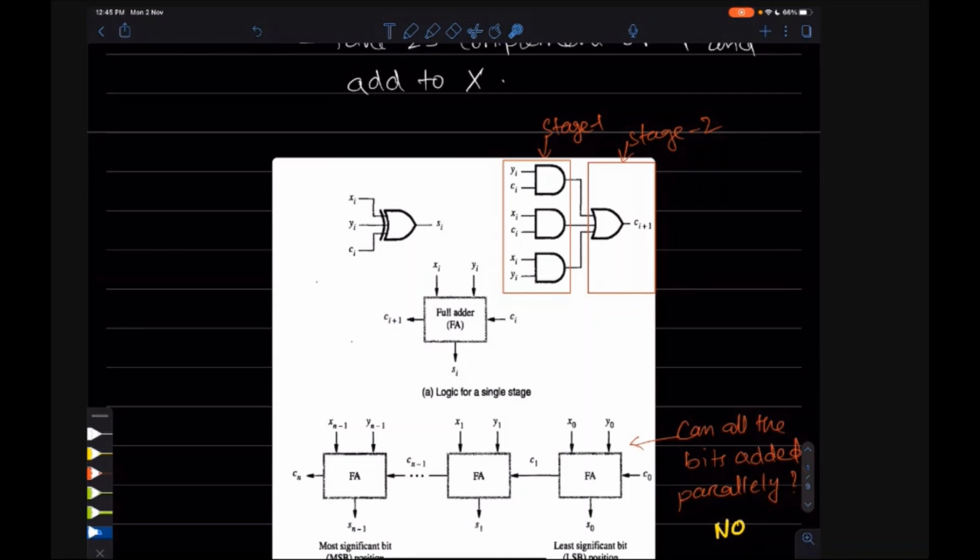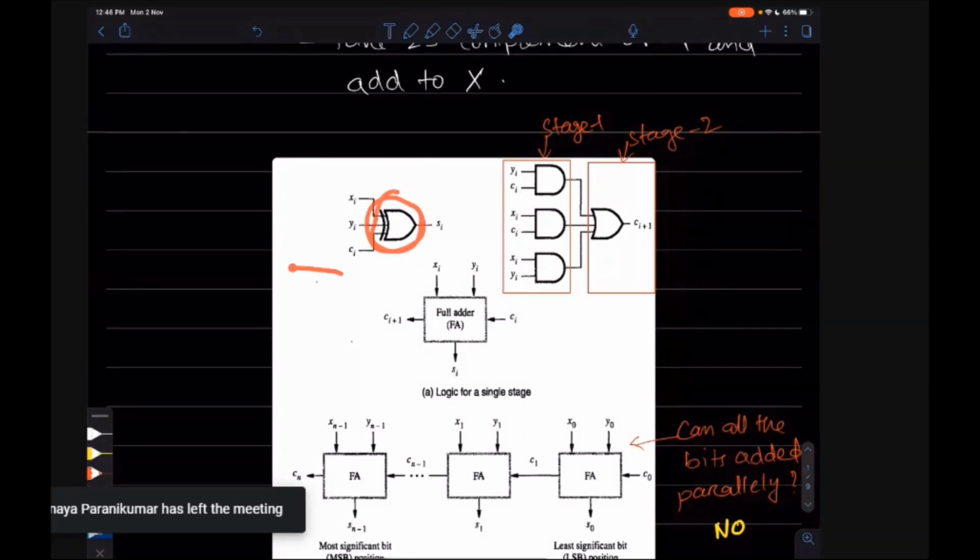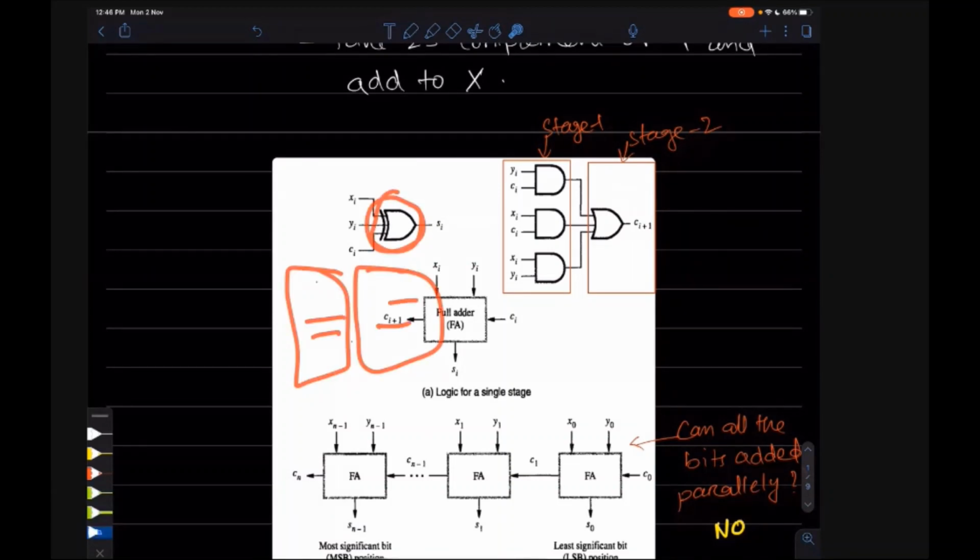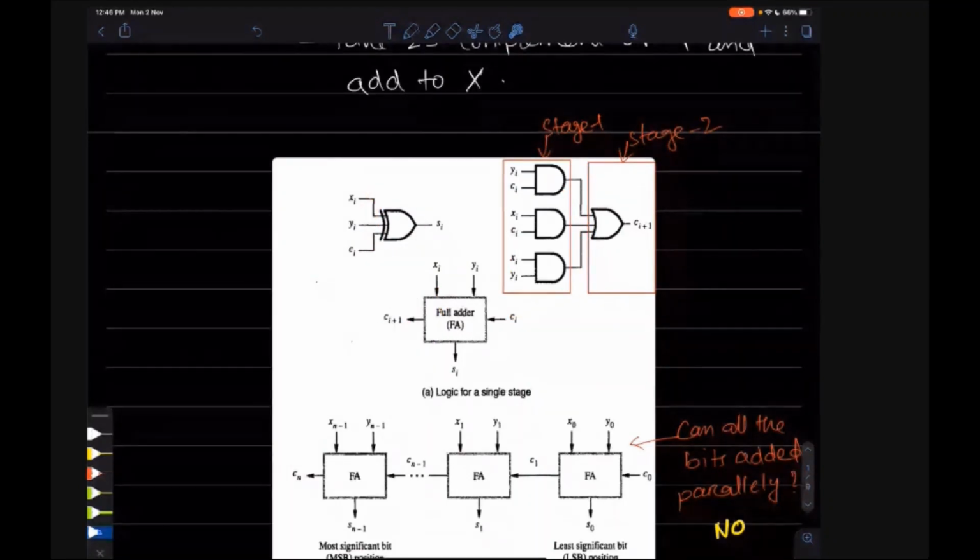Okay, so it will be 2n and n minus 1. Okay, 2n is the correct answer, but how? Who can tell? Arun. Do you know how an XOR gate is created? An XOR gate is created using AND and OR gates. If you see the XOR gate, you can see some AND and some OR. So again, there are two stages in this case. That's why XOR gates will have two gate delays. So that's why it is 2n, not n minus 1.